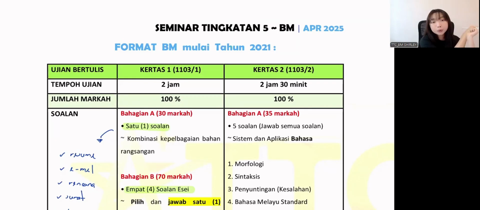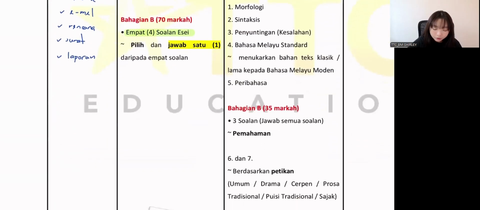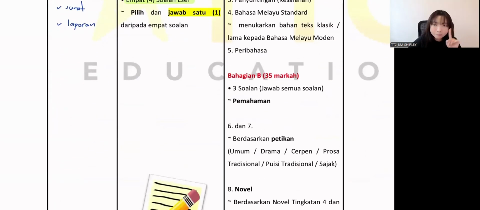Then after that is penyuntingan. So penyuntingan is the kesalahan bahasa, kesalahan ejaan. Then after that, what do we have? Is the BMS, the translations part, remember? So the BMS, we just did it like last week for the burung terbang dipipiskan lada, that story. Then after that is your peribahasa. Okay, then for bahagian B pemahaman, remember, pemahaman you will have 2 questions,